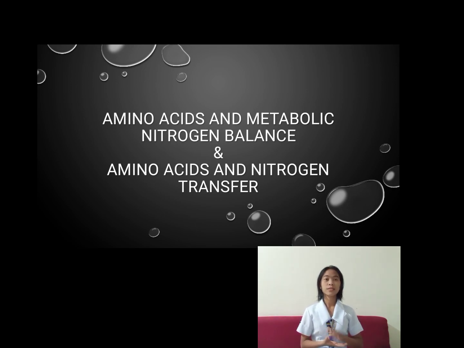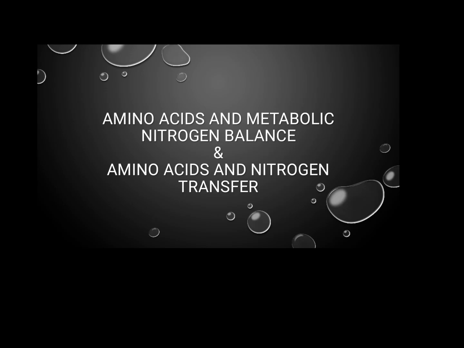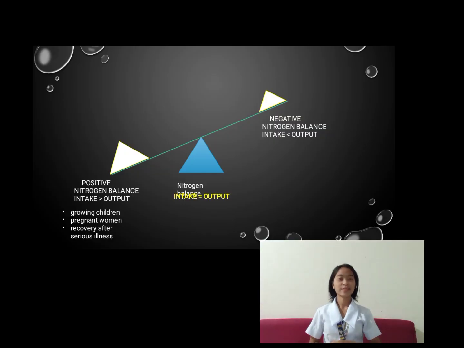So let's first understand what a nitrogen balance is. Unlike carbohydrates and lipids, proteins do not have a specific storage form, and a healthy person eating a well-balanced diet is said to be in nitrogen balance. A nitrogen balance is a state in which nitrogen ingested in the form of dietary protein each day is balanced by the amount excreted, resulting in no change in the total body nitrogen content. So intake is equal to output. This illustration shows the nitrogen balance.